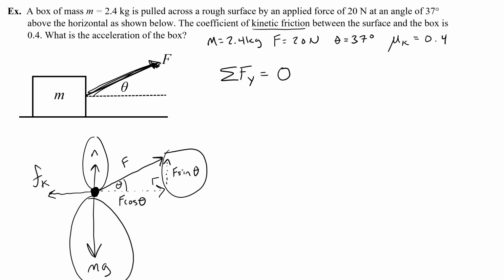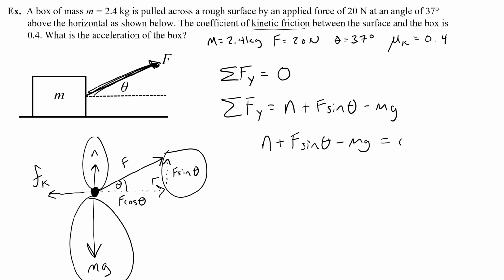Now, I could do this a couple of ways. One is I could think, all right, well, let's just write out the net of these forces. Anything that points up is positive, anything that points down is negative. Okay, so normal force is positive. F sine theta is positive, they both point up, and the weight is negative, so minus mg. Okay, well, I know that these are going to equal 0. So what I can do is I can say the normal force plus F sine theta minus mg equals